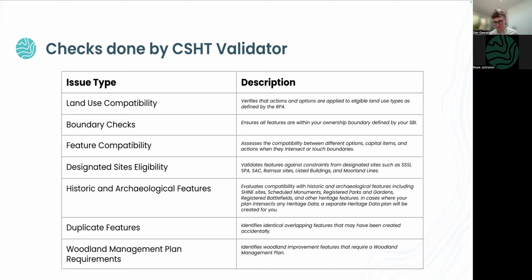This is very much the start, but what hopefully this is demonstrating is that value of using digital data to then help you get the plans quicker. Just anecdotally, Tim, our founder, entered into Countryside Stewardship last year, but it took 6 months before the RPA told him he was ineligible because of this historic archaeological point. He'd put in an option, hadn't realized that it's got a shine underneath it. 6 months down the line, he then gets told. What we can now do is within 30 seconds tell you those types of things. So we're just trying to bring that time to value as much as possible when you're in that planning stage, to save you doing backwards and forwards with the RPA.